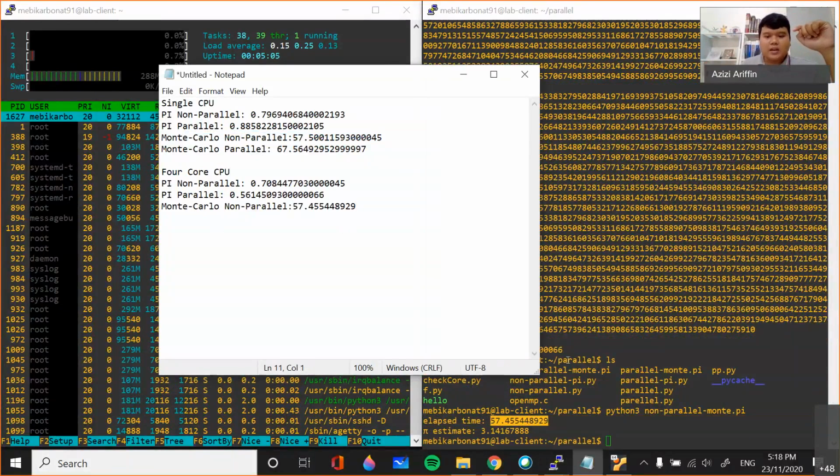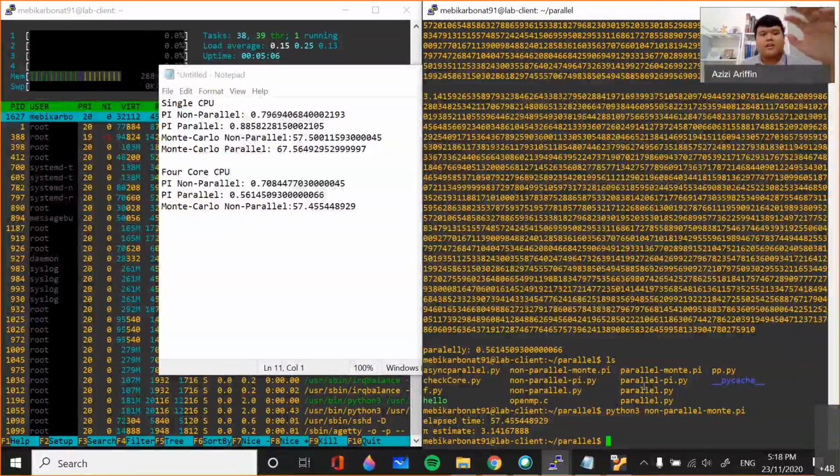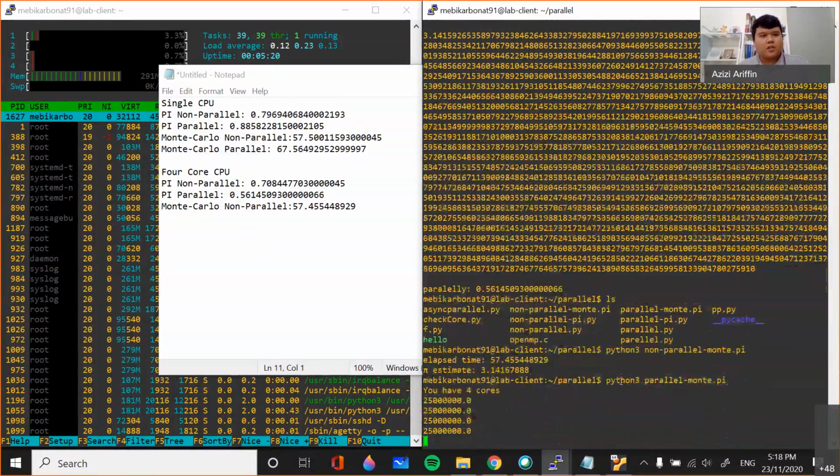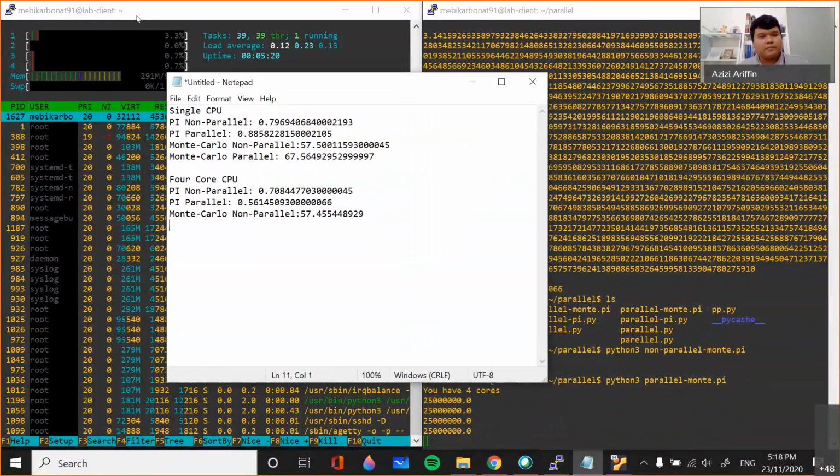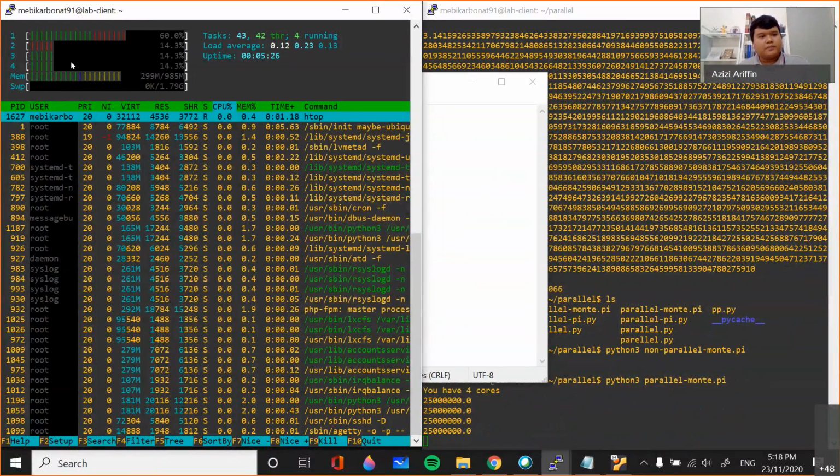Okay, so sekarang ni kita try pula gunakan parallel untuk calculate Monte Carlo, right? So Python 3 parallel Monte Carlo. Alright, kita ada pokok. So kalau kita tengok dekat belah kiri, ya, masa